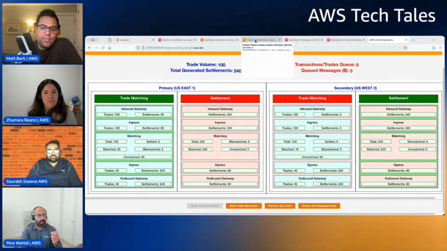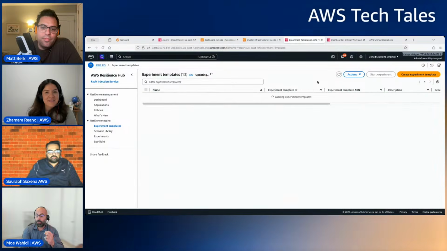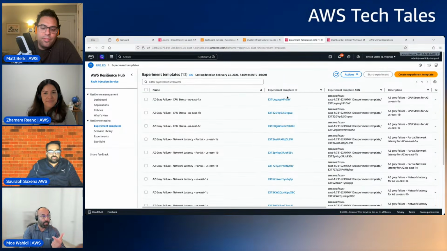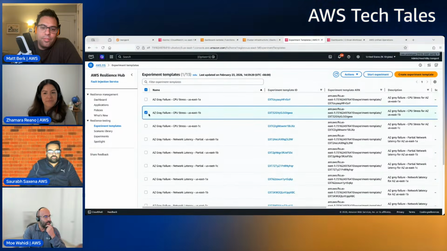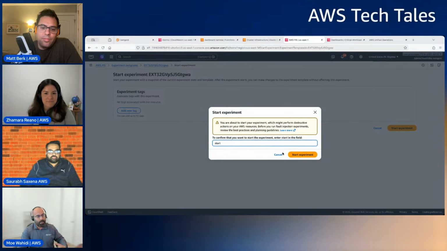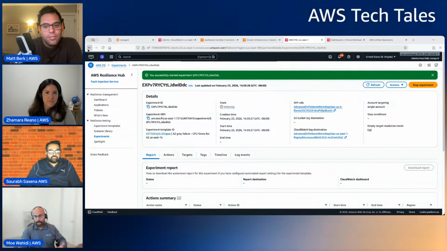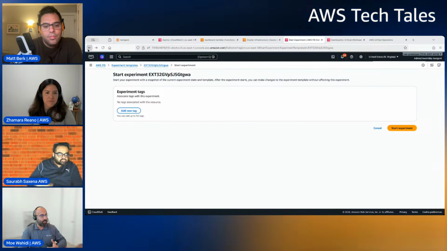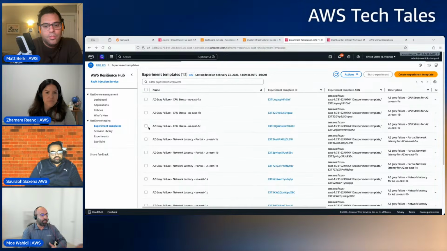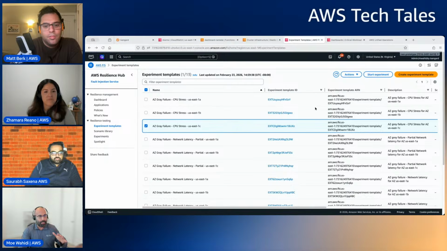Now, what I'm going to do is use our FIS fault injection service, and I'm going to introduce some faults, some gray failures, CPU and network latency. So let's do that. Start experiment. What's going to happen is that in a minute, an alarm should go off, and I should get notified. I'm acting as the incident event manager on the AWS side. I should get notified by page and also an email, and then I engage the customer. So again, this is for demo purposes.